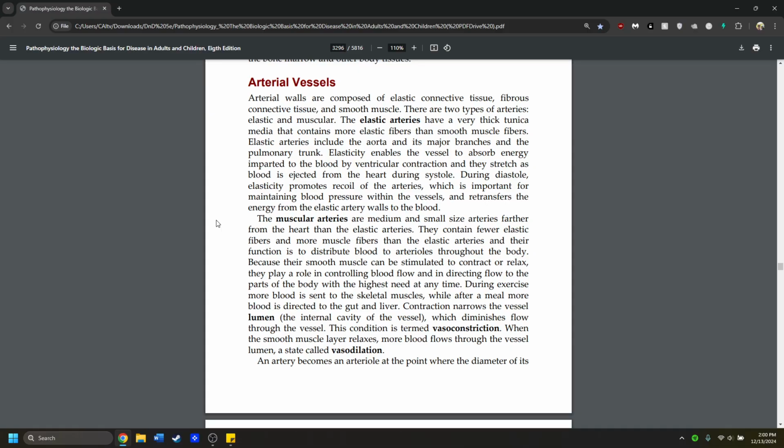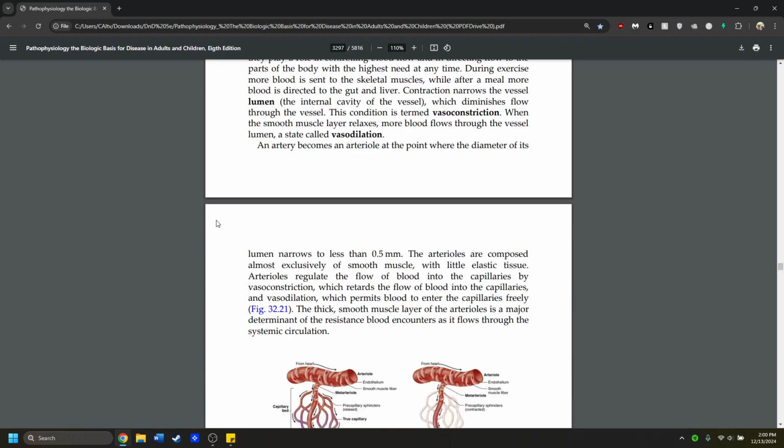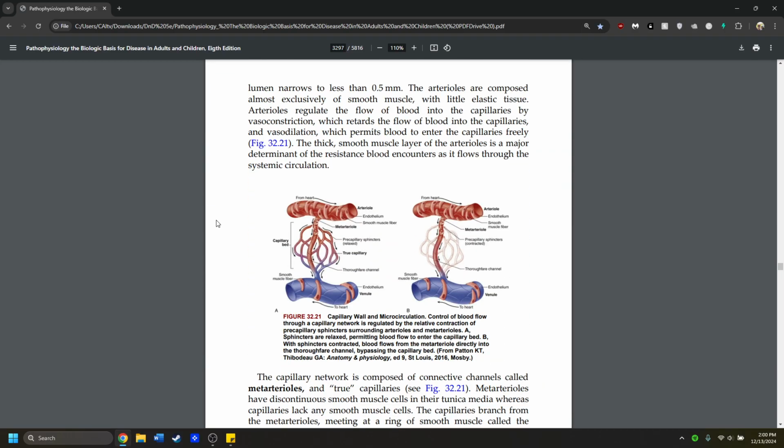An artery becomes an arteriole at the point where the diameter of its lumen narrows to less than 0.5 mm. The arterioles are composed almost exclusively of smooth muscle with little elastic tissue. Arterioles regulate the flow of blood into the capillaries by vasoconstriction, which retards the flow of blood into the capillaries, and vasodilation, which permits blood to enter the capillaries freely. The thick, smooth muscle layer of the arterioles is a major determinant of the resistance blood encounters as it flows